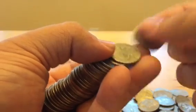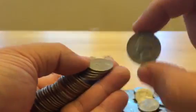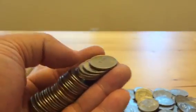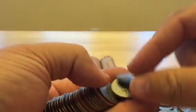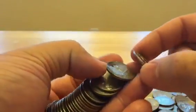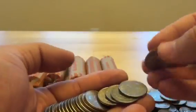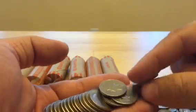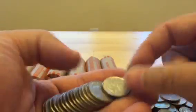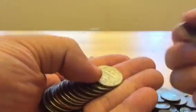Grand Canyon. Yeah, there's a 67. I believe there's a double die in that, so I'll just put that aside. Another 65. And I'm going to go through them, and I'll just update you guys in the comment box below if there's anything spectacular. I might even do another video. That's North Dakota. Yeah, if there's anything spectacular or worth mentioning, I'll certainly...